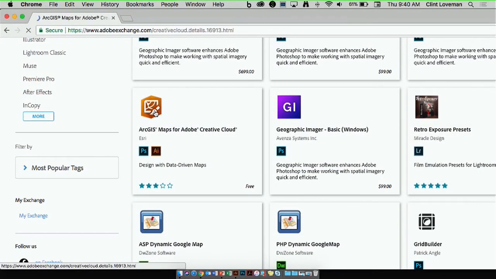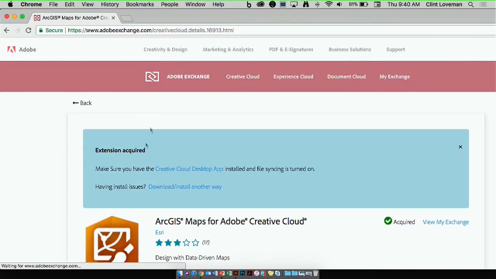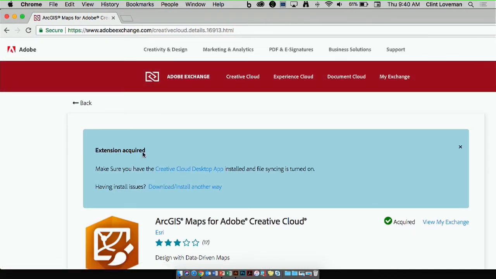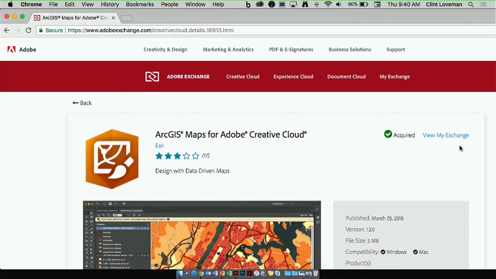And so if you go in here and you click on it, it'll give you some instructions about having your Creative Cloud account and all that kind of thing. And then in this case, obviously I've already installed it. But if you haven't installed it, this will say free. And you click on that and actually it'll install it into your desktop. So once it's installed,